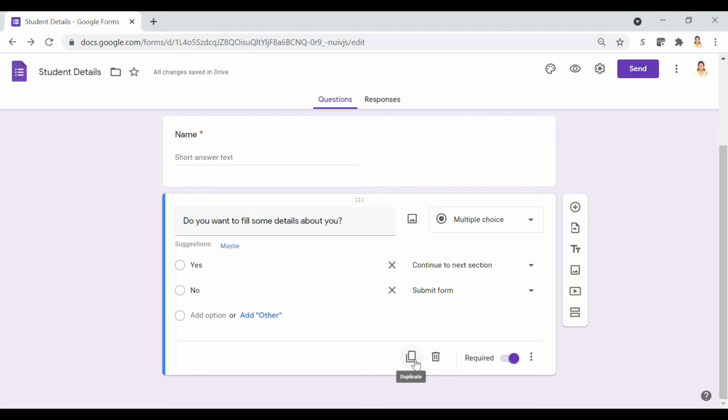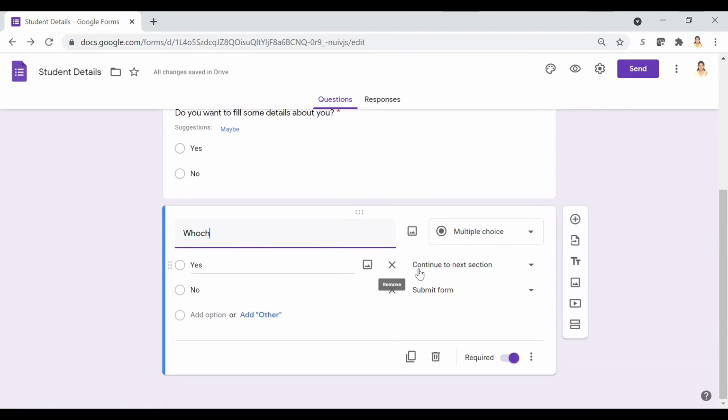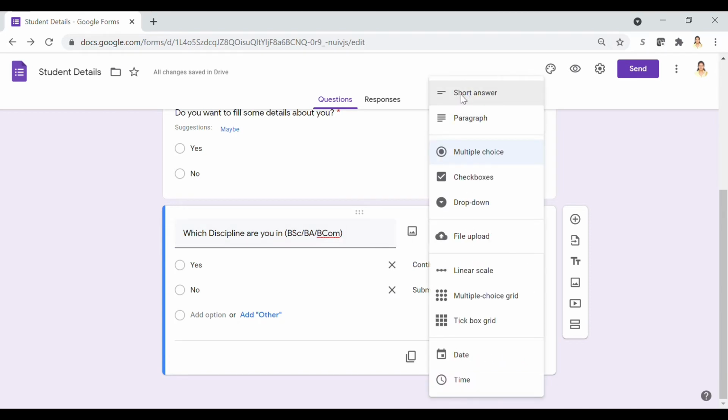The next question is about the discipline they are in. Select multiple choice. Select BSc, BA, BCom in it. Depending on discipline, let's give them specific questions to be answered.